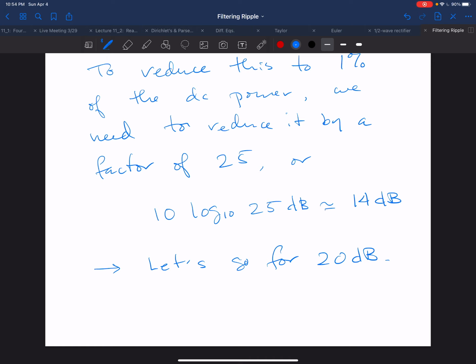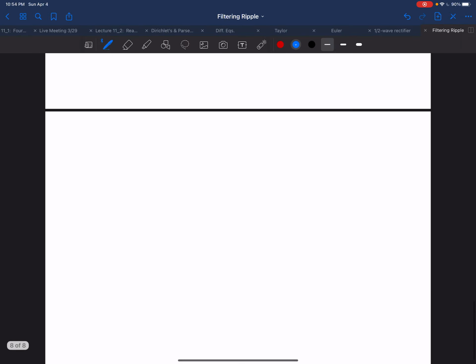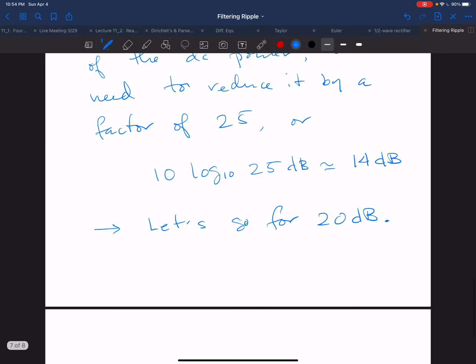Now 20 decibels, that's a familiar figure. When we were drawing Bode plots, we often ended up with slopes of minus 20 decibels per decade. In particular, that's what we had for a simple first order filter. So if we design such a first order filter and we have a high frequency asymptote with a slope of 20 decibels per decade, what we often call a high frequency roll off of 20 decibels per decade, then this essentially just means that